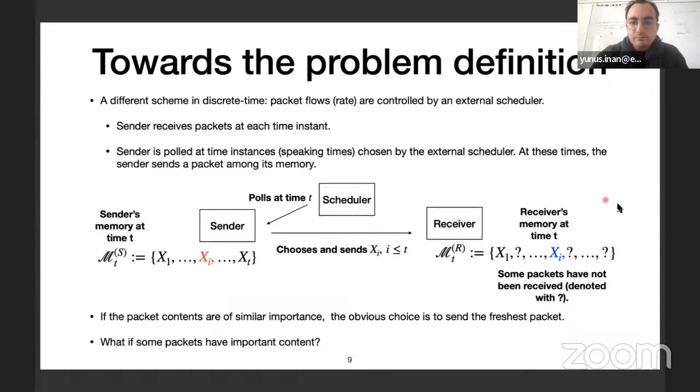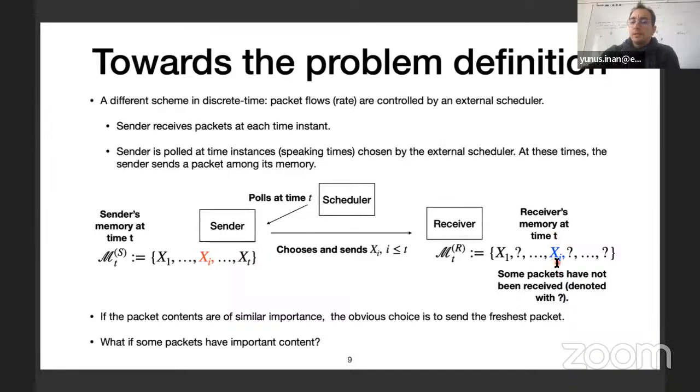So here's a representation of the scheme. Suppose now we're at time t, and the scheduler commands the sender to send something. This means that t is a speaking time. At this time, suppose that the sender's memory contains these packets, and the sender wants to choose among these x_i, which is shown in red. Consequently, the sender chooses and sends x_i, and the receiver receives the data and puts it in the corresponding place,